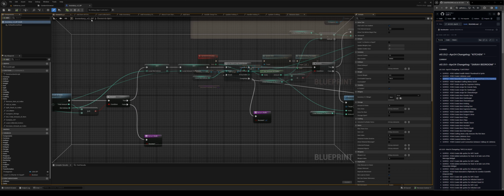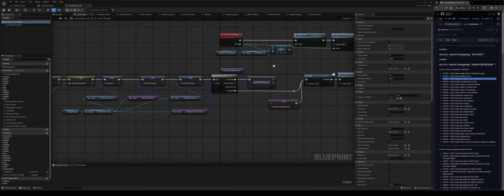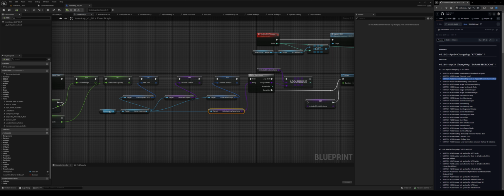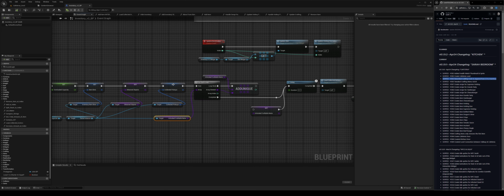I hate when it puts event graph anywhere but the second. There we go. So originally this was get the unlockable items from the game instance, which comes from the protagonist, because the protagonist loads first, then the game instance, then the inventory. This is the inventory blueprint, so that's why there's a flow like this. Unlock craftable items, and then it was doing the set like this. It just used to be like a set, which